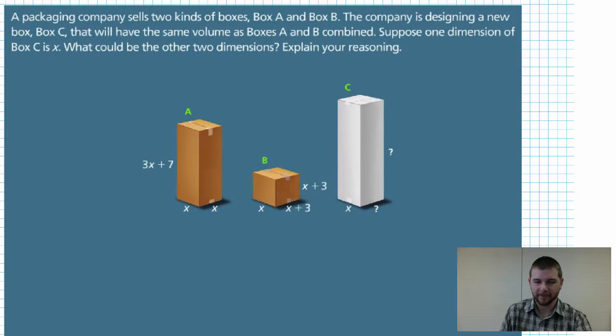Explain your reasoning. Well, I think we can agree that in order to solve this problem, one of our first steps should be to find the volume of box A, we'll call that volume sub A, and the volume of box B. Knowing that we combine those two to find the volume of box C. Now, if you recall, to find the volume of a right rectangular prism, like a box, we multiply all three of the dimensions, length times width times height. In this case, that will be